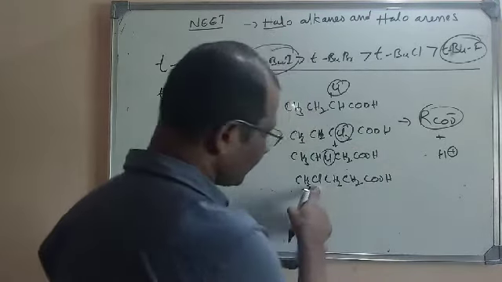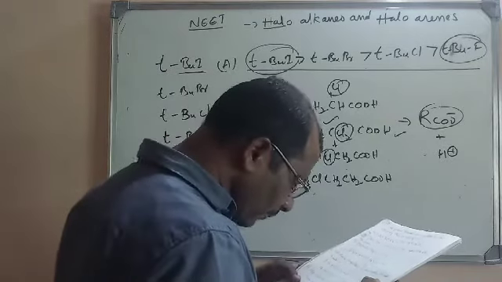If you can see, the others have only one halogen. Here we have two halogens, and that is also immediately next to the carboxylic acid group. So it is the strongest, and it can be ionized very easily. So option B is the right option. Now let us move to the next question, that is question number 148.